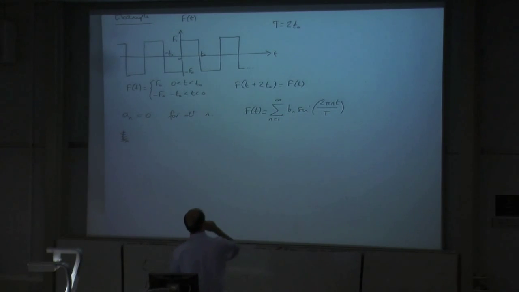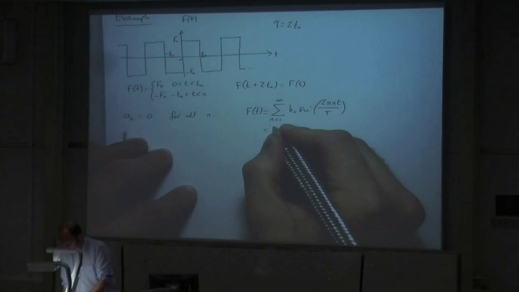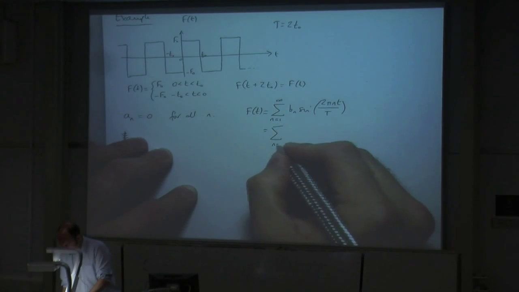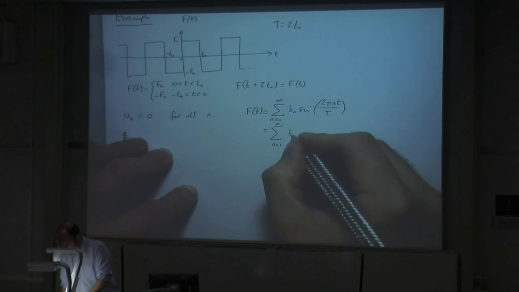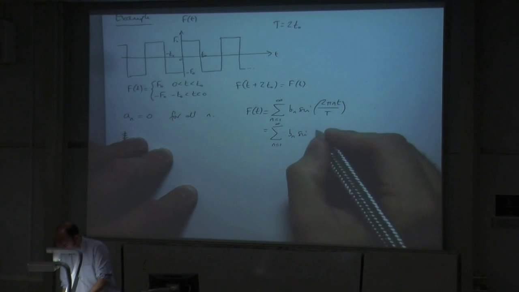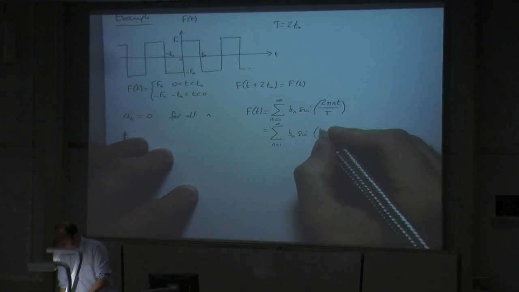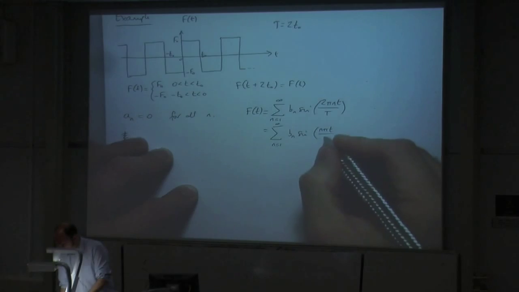So f of t has got to follow that form. Okay, T in this case is 2t0, so we can rewrite this as the sum n equals 1 to infinity of Bn sine of n pi t upon t0,